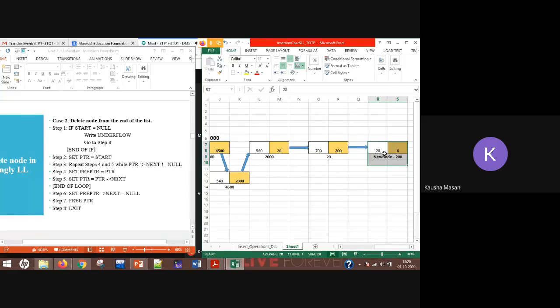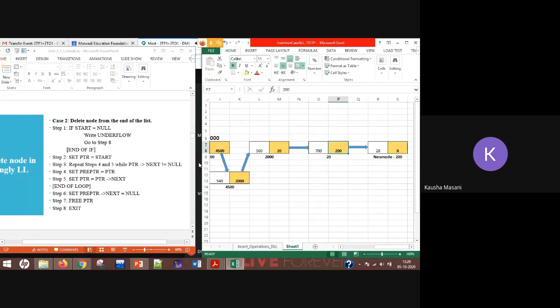Second thing what I need to do is, if you are keeping in mind the property of your singly linked list, the last node of your singly linked list should point to a null value, right? So if I am deleting this highlighted node, then obviously this second-last node, which is then going to be my last node, should have value as null and not 200. So along with deleting this particular node, I have to make the value of this node null to satisfy my property of singly linked list.